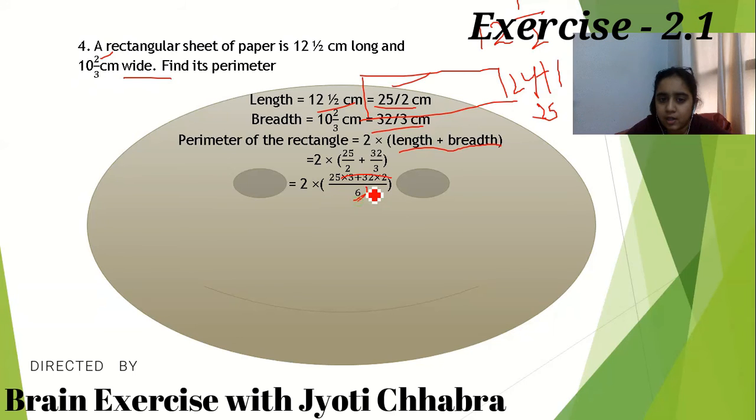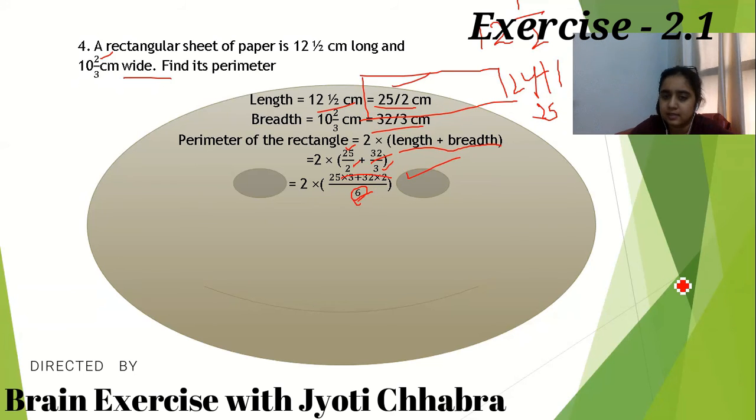Now we will divide this 6 with this denominator value, and we will get the answer 3, and this 3 should be multiplied by this numerator value. And in the same way, we will divide this 6 by this 3. We will get the answer 2, and that 2 should be multiplied by this number, that is 32.